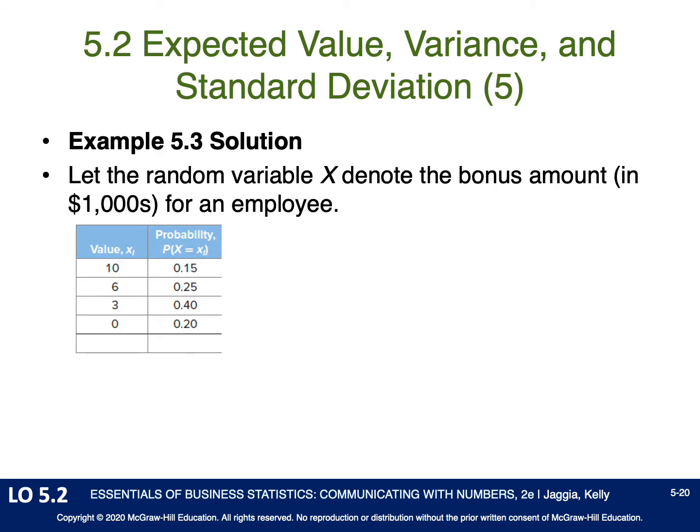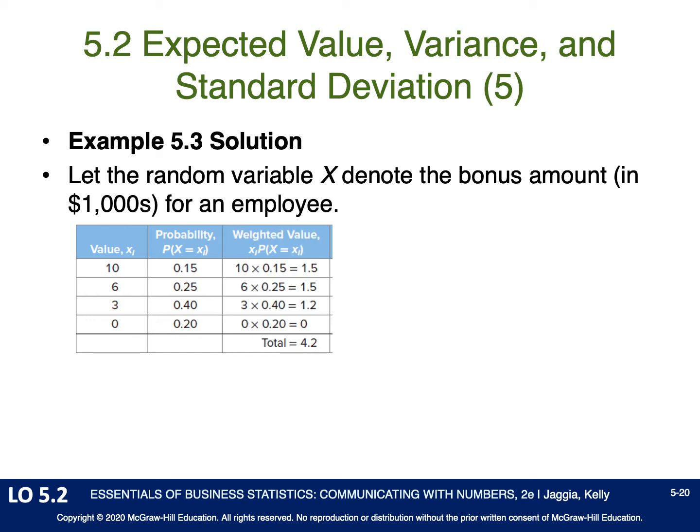So let's look at the mean first. So we're going to let X, the big X, denote the bonus amount. And then the little x is the observation. So the probability that an employee will get $10,000 is 15%. So to compute the mean, or the expected value, we need to multiply the 10 by the 15%, then the 6 by the 25%, the 3 by the 40%, the 0 by the 20%, and then add all that up. So the mean, or expected value, is